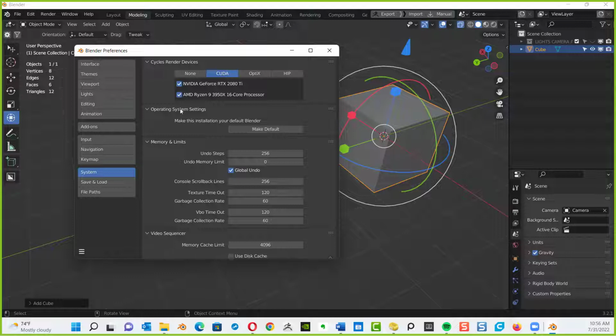All right, now, next step. All right, we're done in preferences. That's it in preferences. Now there is one more thing. Sorry. Under the system, you have undo steps, where I think 256 is the highest you can go. Go to 256. I think it's a lower number by default. That's how you tell Blender how many undos you get to have.